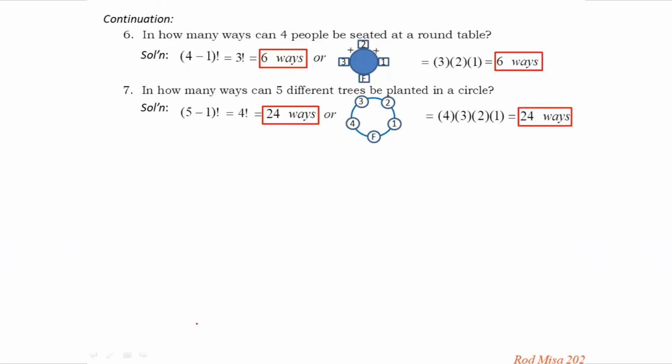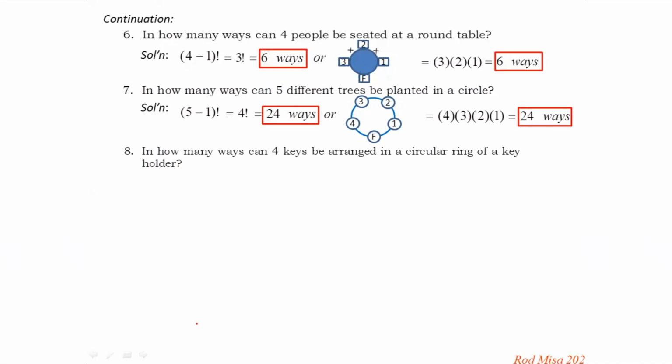And you can see that our answers are just the same. So let's proceed to our 8th example here. In how many ways can 4 keys be arranged in a circular ring of a key holder? Now, this problem is still a circular permutation, but this is around a ring, and we know that a ring